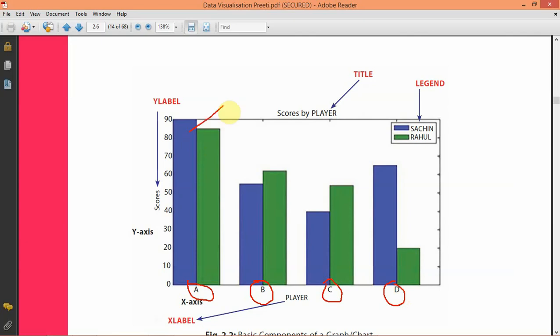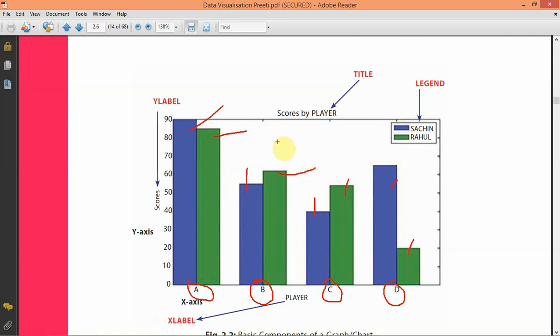The first quarter Sachin is scoring more run than Rahul, and second quarter Sachin is scoring less than Rahul, and third quarter again Sachin is less than Rahul, and in fourth quarter Sachin is more than Rahul. So using this graph we can clearly tell that out of four quarters only 2 times Sachin is scoring more run than Rahul Dravid.